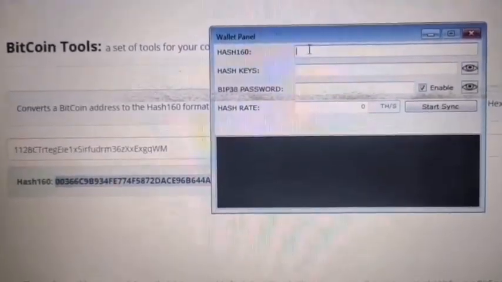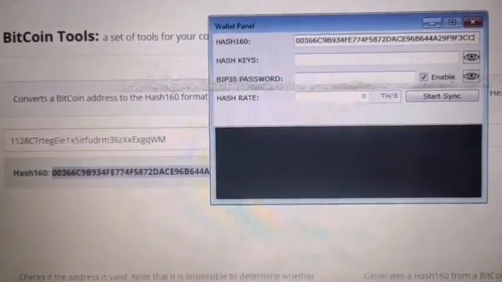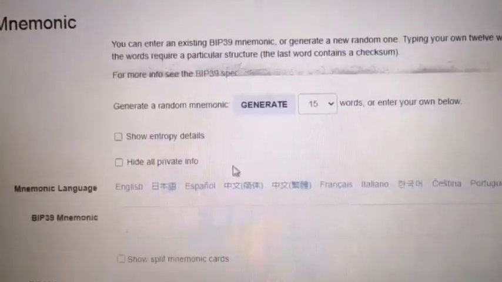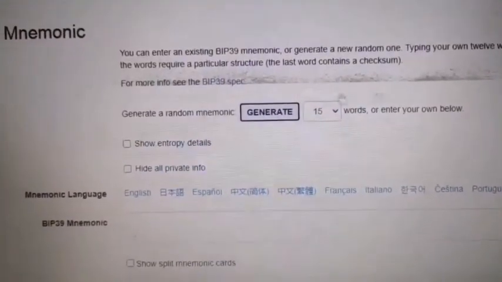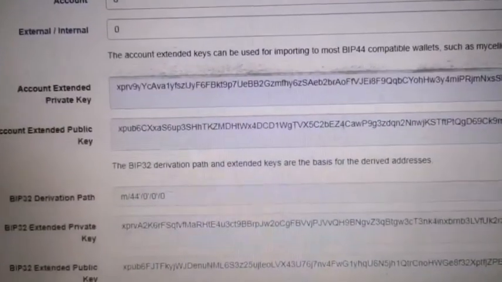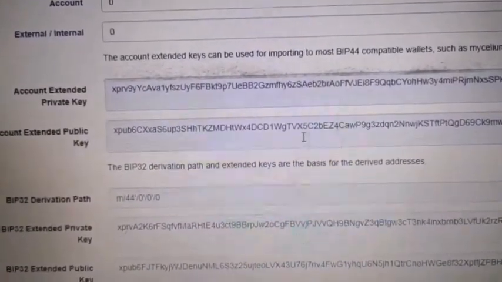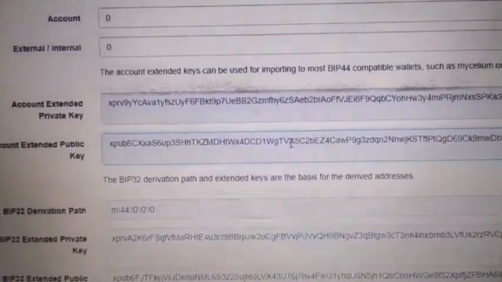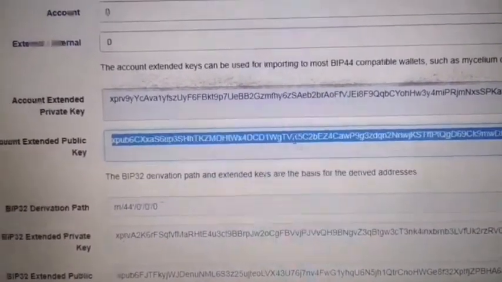like this. Under hash keys, you're gonna find it over here. Generate. There's a lot of websites that generate these kind of encryptions and decryptions. I'll put a link for you. So you just copy the link key